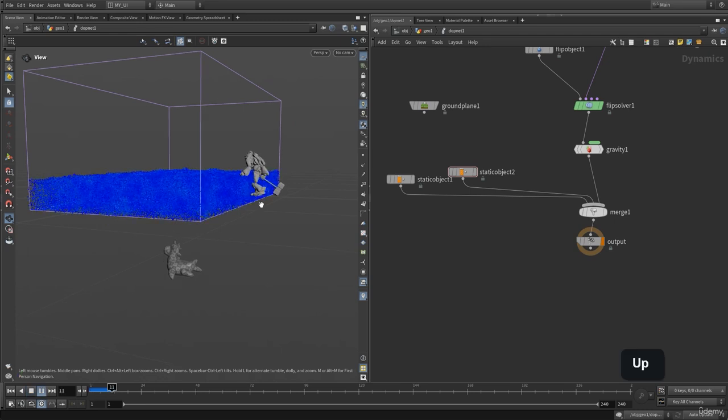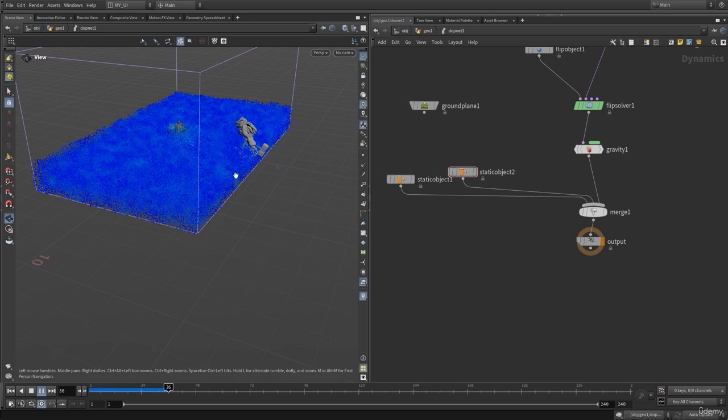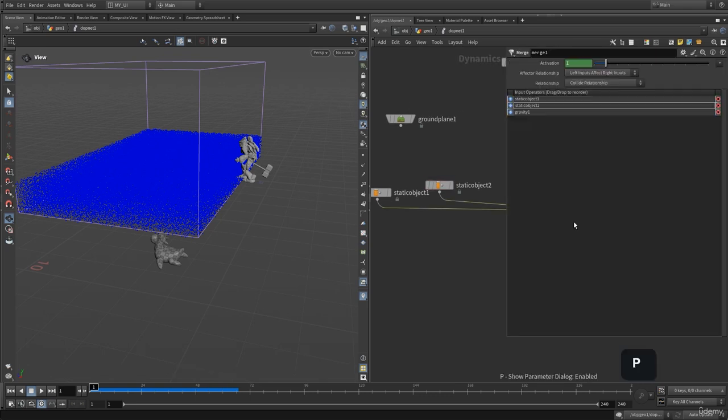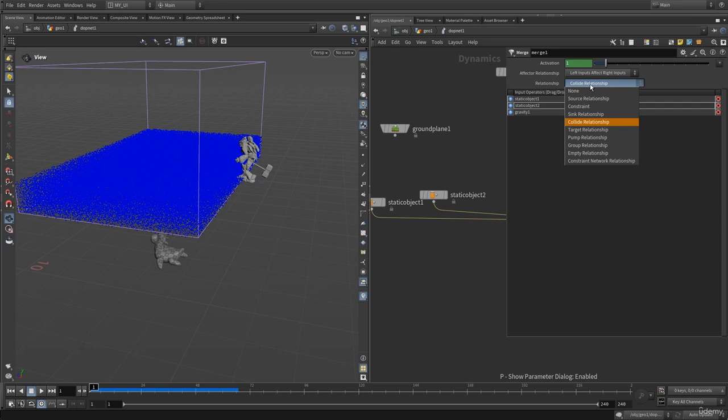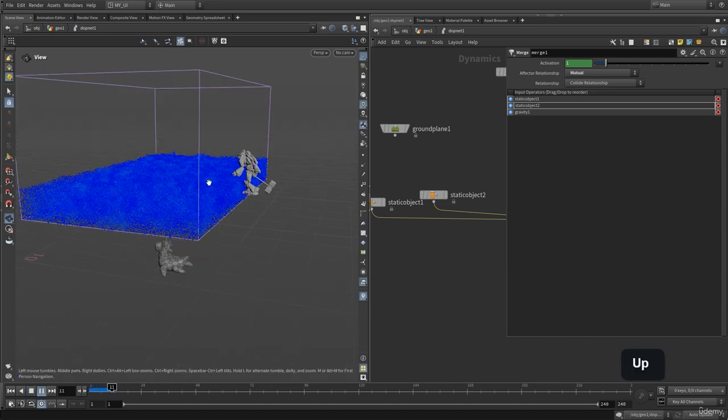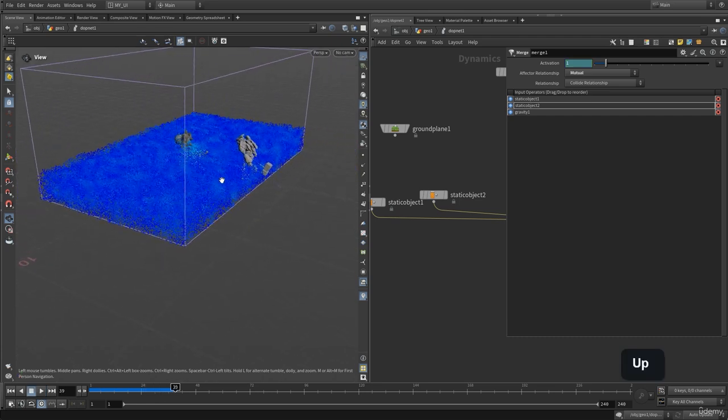Let's hit play, and here you will see that our crack is going to create some splashes in here. Right now I cannot see them. What I can do is go into the merge node and onto the collide relationship. Sorry, the effector relationship, let's change this to mutual, which means everything will collide with each other. Let's hit accept, and here you can see this crack geometry is still not interacting with our fluids,